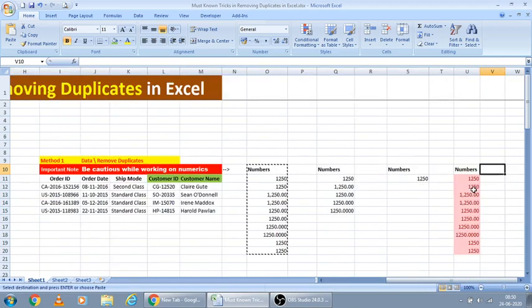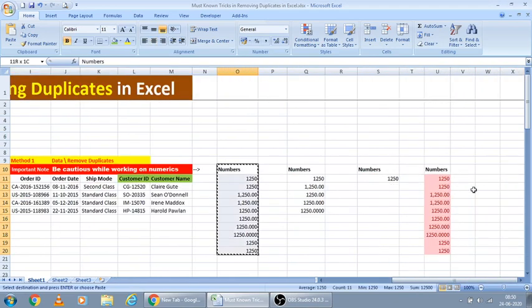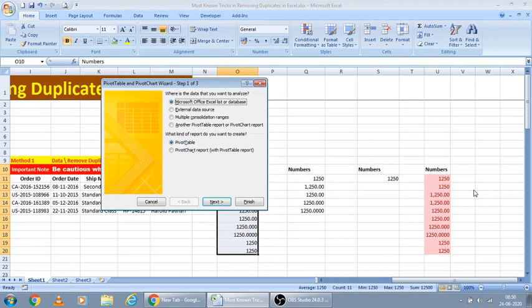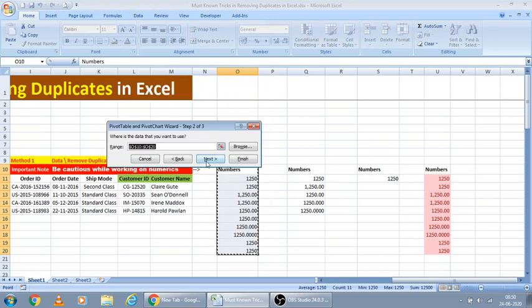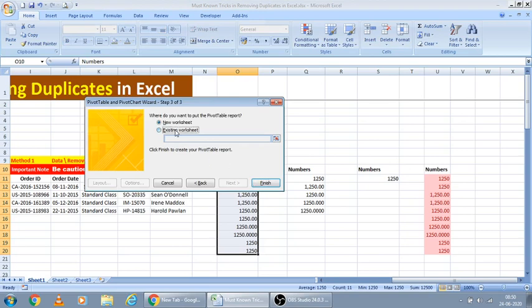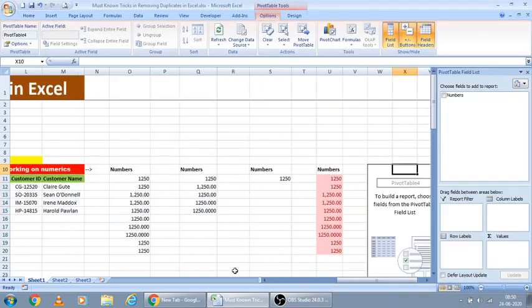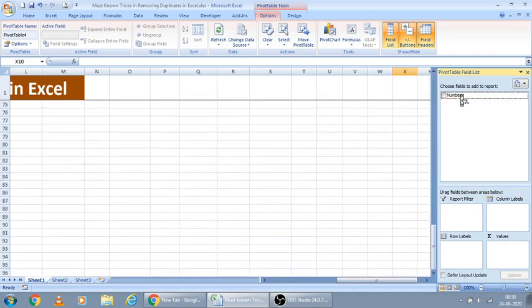And the final one, pivot table. I am sure it will show all of them as unique records. I'm just putting it here for the pivot table and dragging this number here.